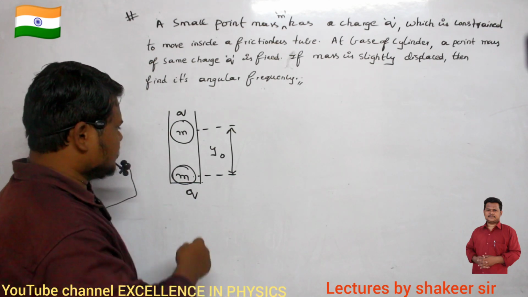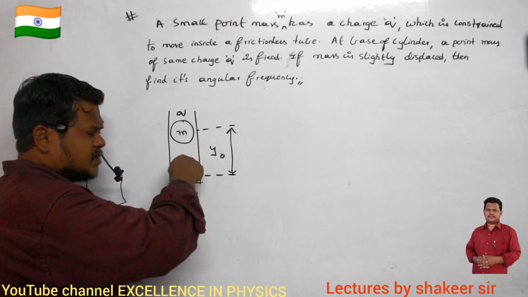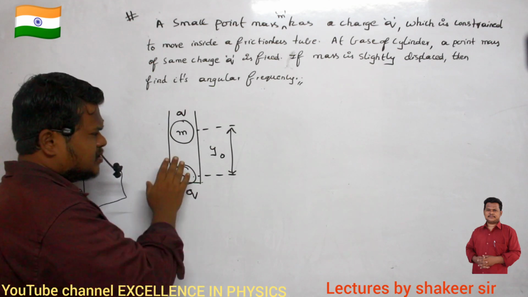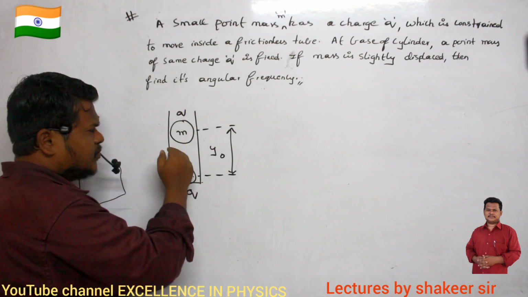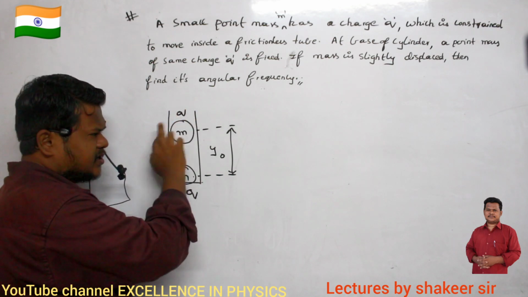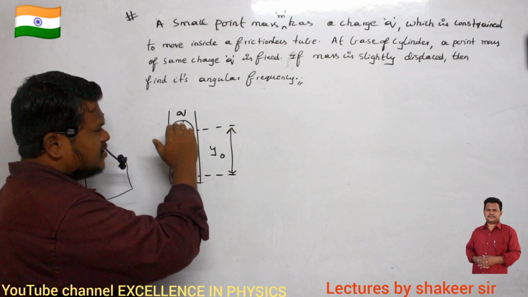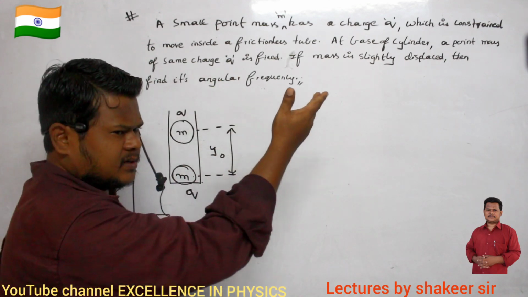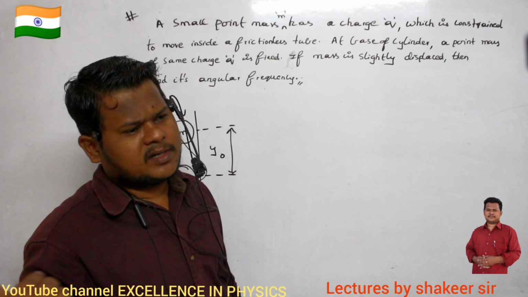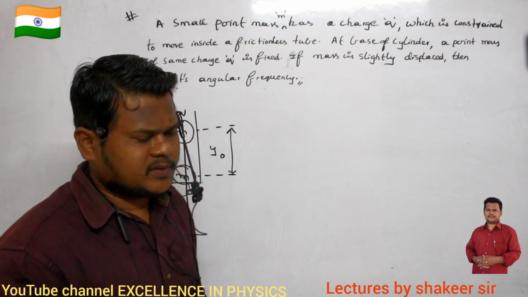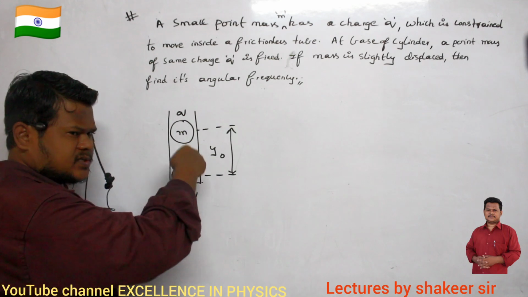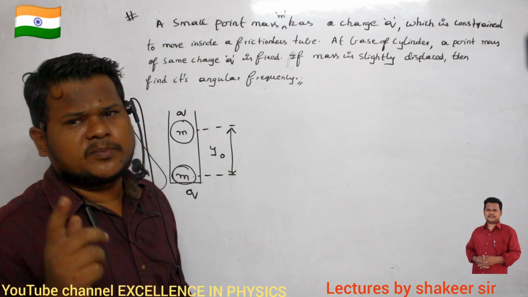No? Why? For example, if I push this one downwards, then the electrostatic force of repulsion increases, while the weight remains constant. So therefore again it will try to move upwards. When it tries to move upwards, what will happen? First of all, it will go to the mean position, where again the forces will get balanced. Then after crossing the mean position, what will happen? The electrostatic force of repulsion becomes weaker and the weight of the body is greater when compared to the electrostatic force of repulsion in the final position. Clear? So definitely there is some restoring force which is pulling this body back to the mean position.